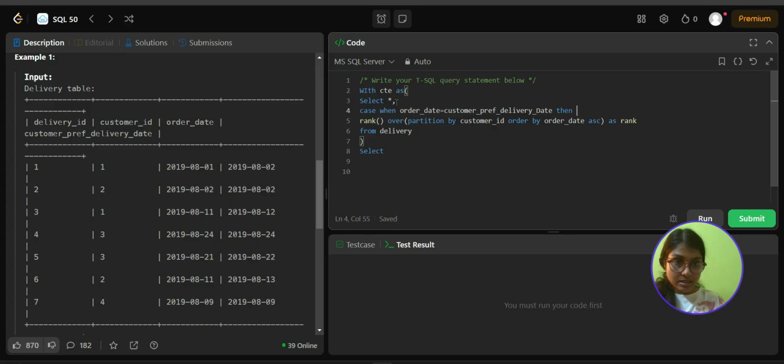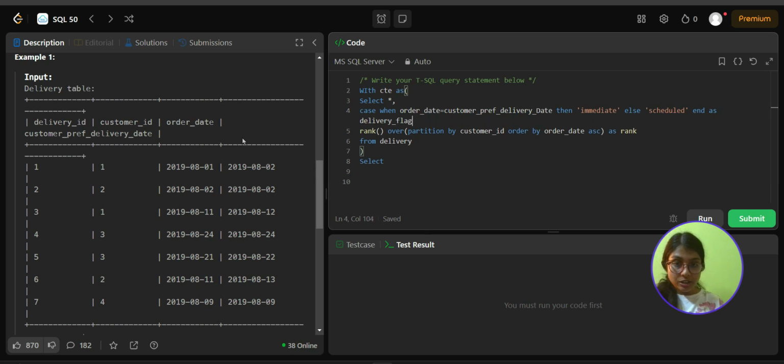No, not like that. Let's then say this is immediate, else scheduled, right? And as delivery flag. So we have added 2 columns, and then we are selecting the percentage basically. So percentage of count